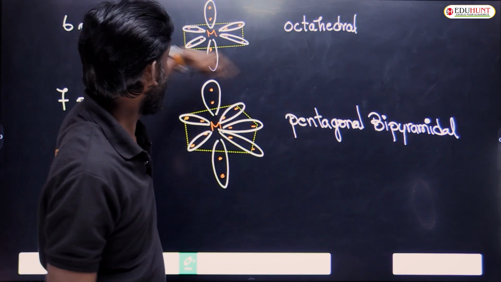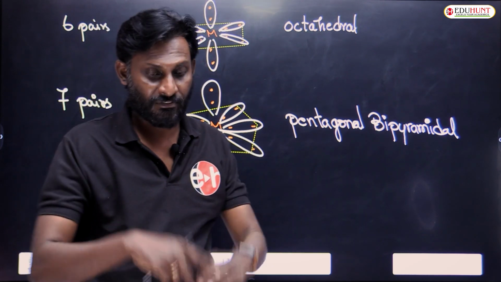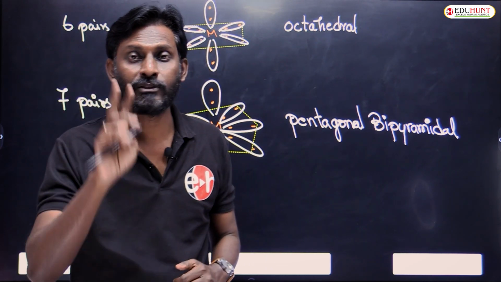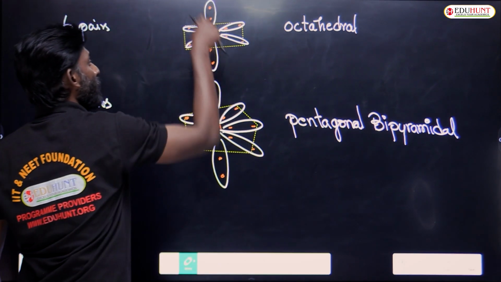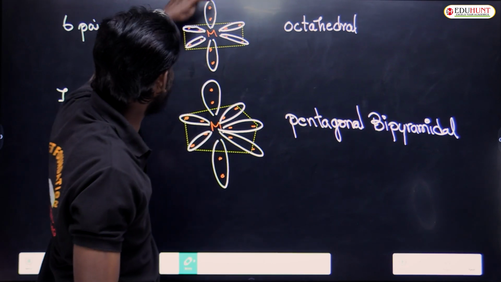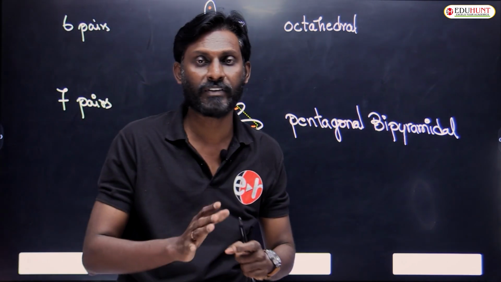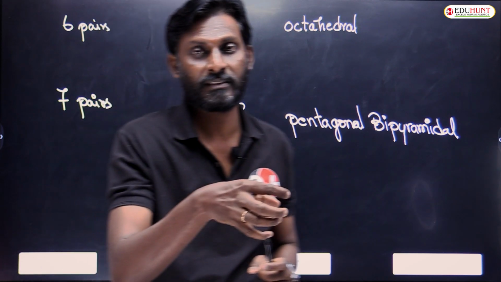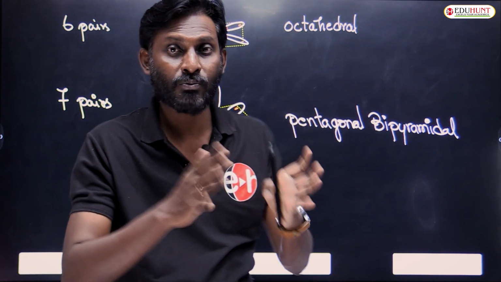If there is 1 lone pair and 5 bond pairs, or 2 lone pairs and 4 bond pairs, that's a different case. When there are 2 bond pairs and the rest of the 4 are lone pairs, that's different. So having lone pairs and bond pairs will make some changes to this concept,